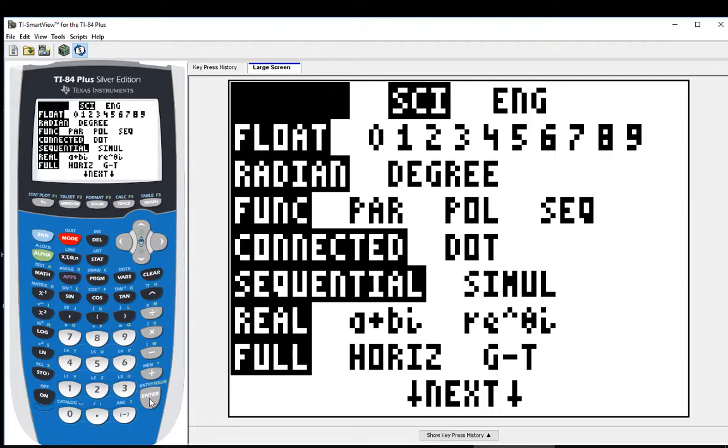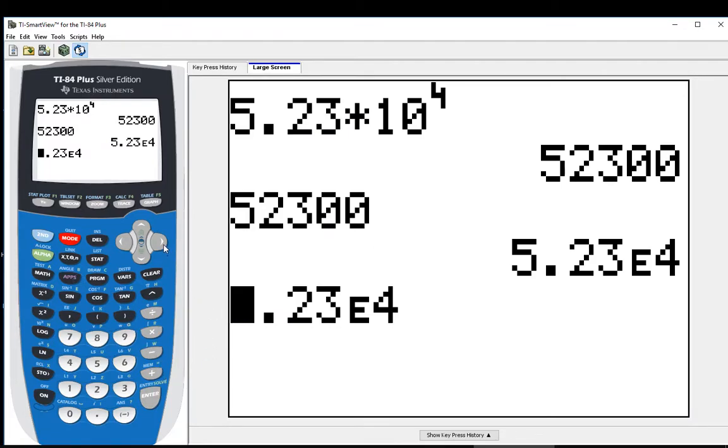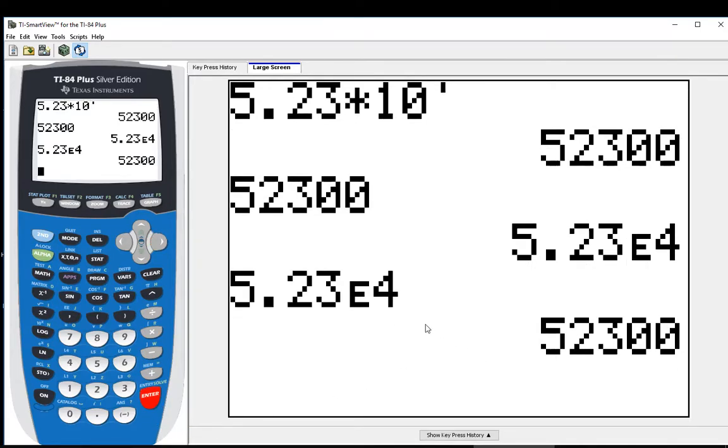So I'm going to put it back to normal and quit. And then I'm just going to go to the end and make sure I don't mess up anything. And I'm going to hit enter. And you can see that this notation is the same as what we had above, because both of these expressions spit out the same